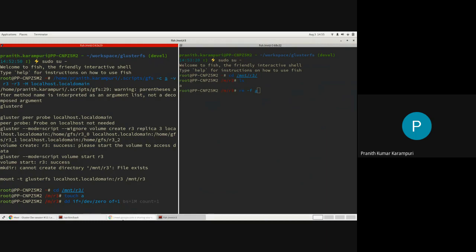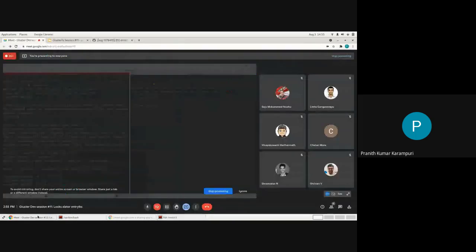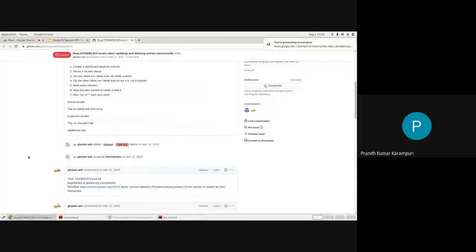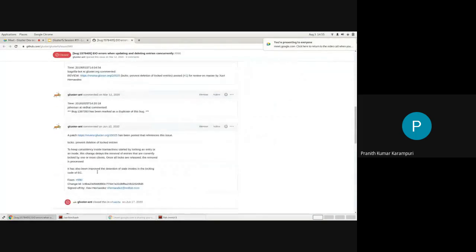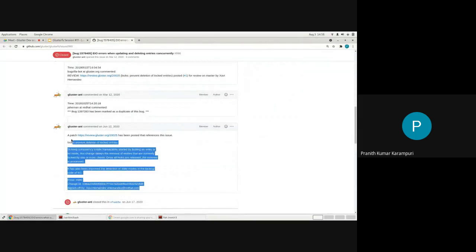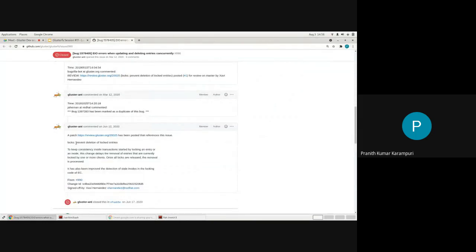So we have kind of punted the ordering problem to the locks translator. So this is something that Zavi did. So what the change does is it will try to prevent the deletion of entries that are already locked.